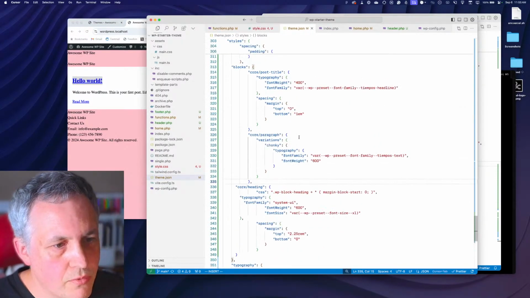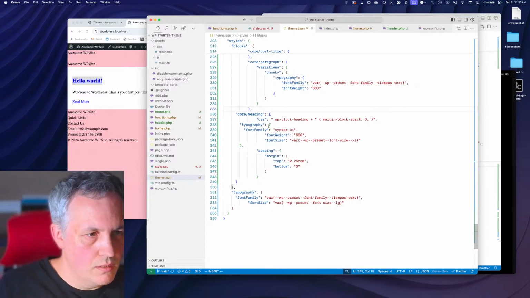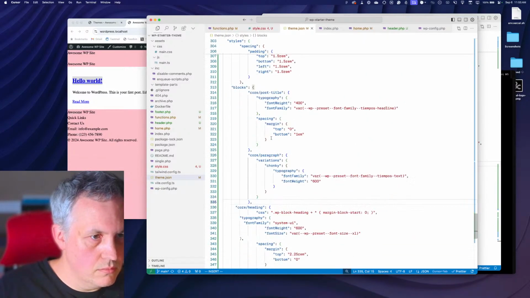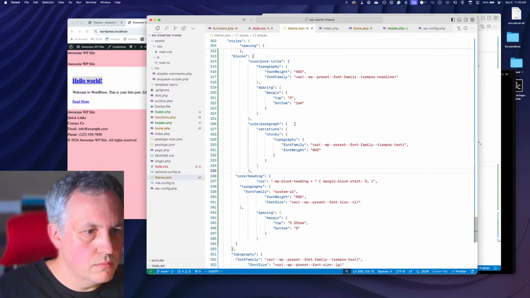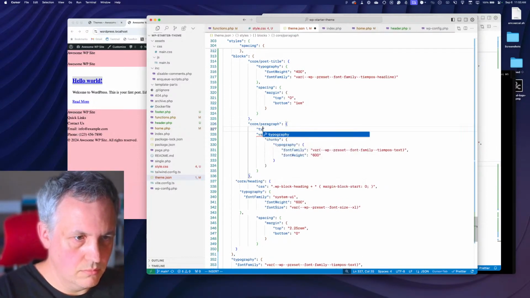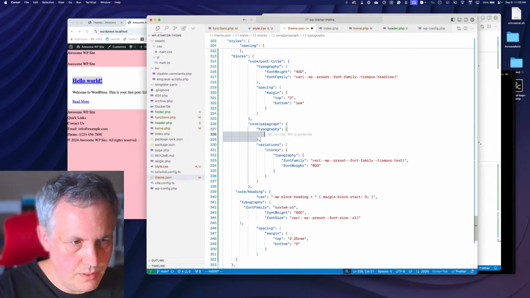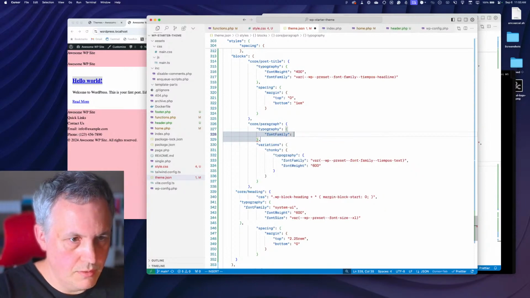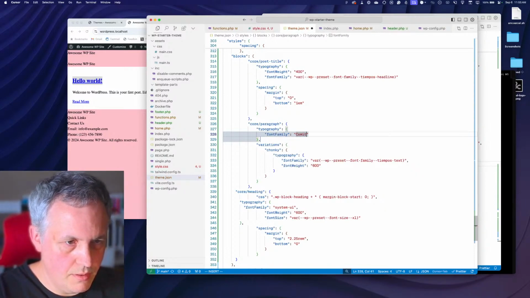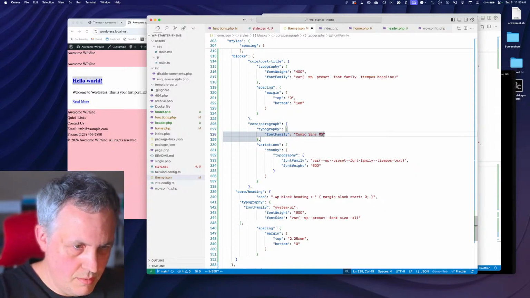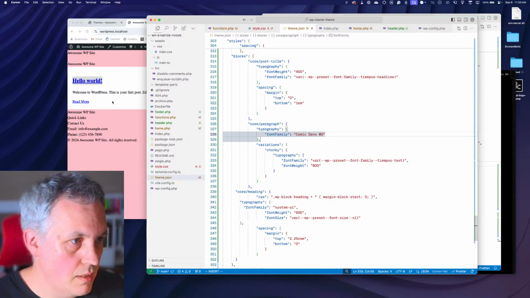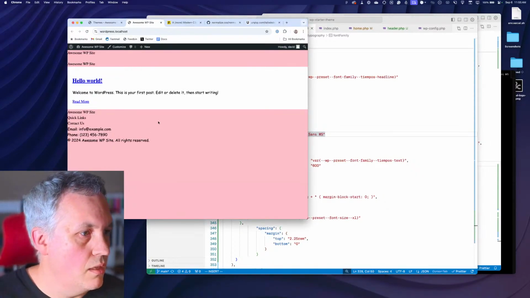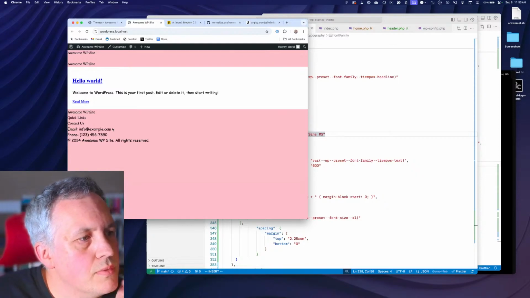It's not actually a heading from the database. All right, let's do this instead. Font family, Comic Sans MS. Okay, so